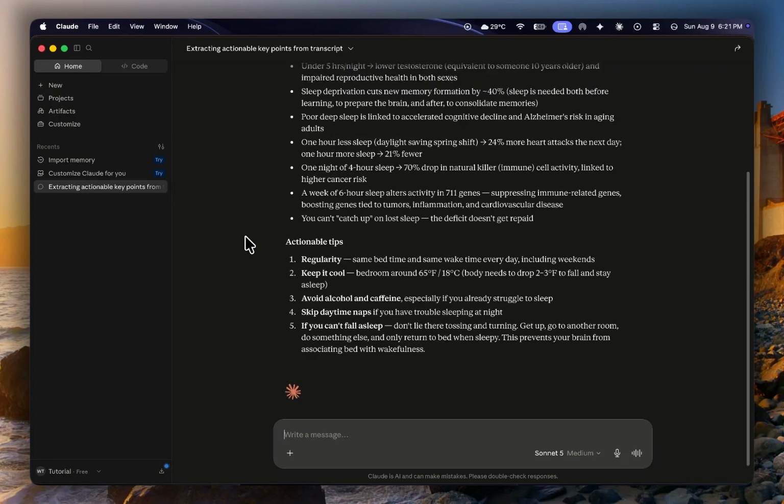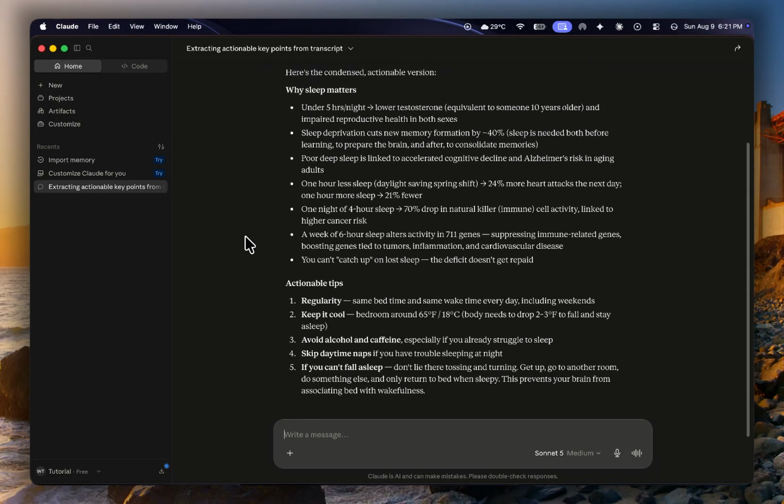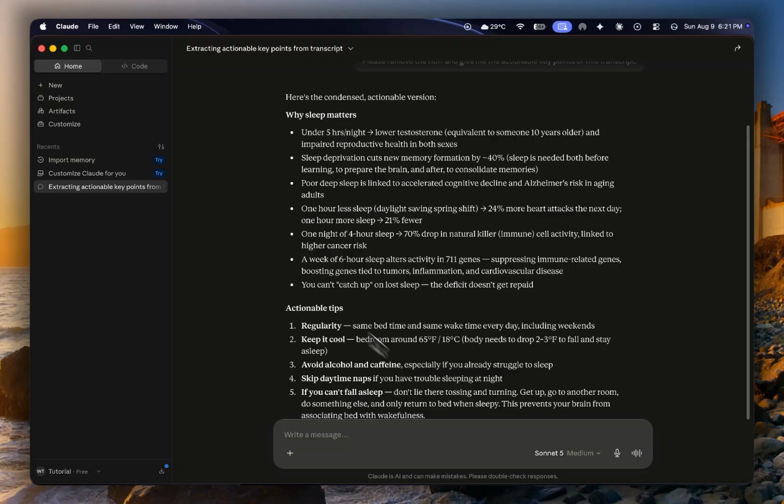After pasting the text, it's time to give Claude its instructions. Type a clear prompt such as, "Please remove the fluff and give me the actionable key points of this transcript." Finally, click the Send Message button to submit your request. Claude will now begin to read, analyze, and process the entire transcript based on your prompt. This may take a few moments depending on the length of the text, so just give it a little time